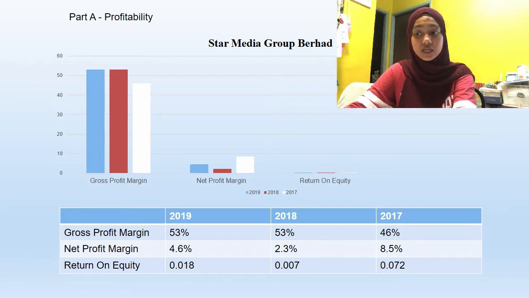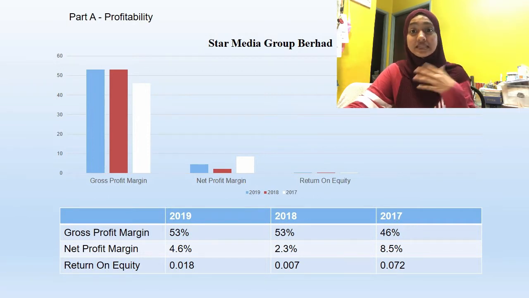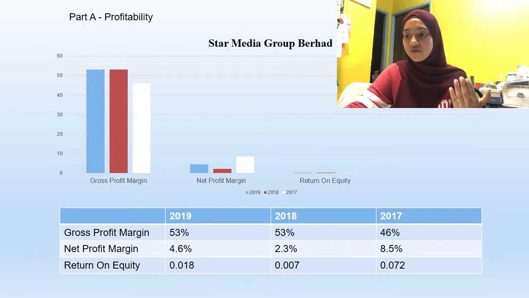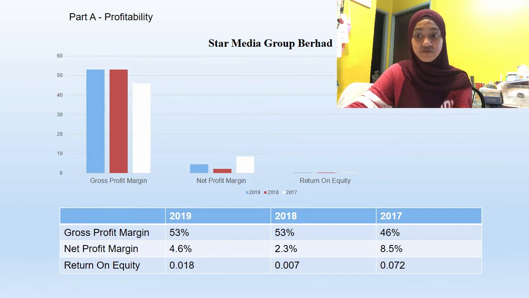They have increased the net profit margin by 2.6% from 2018 to 2019. Besides, in the case of the gross profit margin, the company has increased by about 10%, from 45% to 53%, from the year 2015 to 2018. So, the Star Media has also